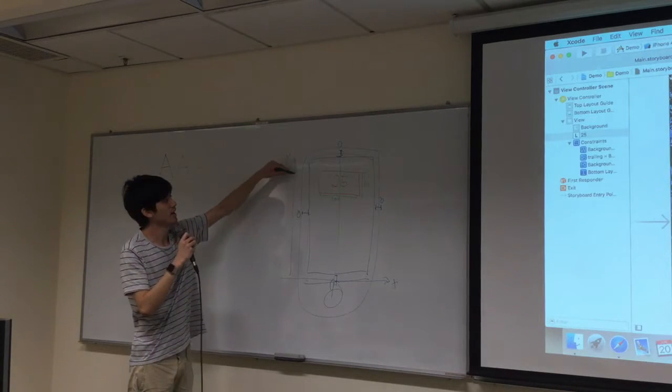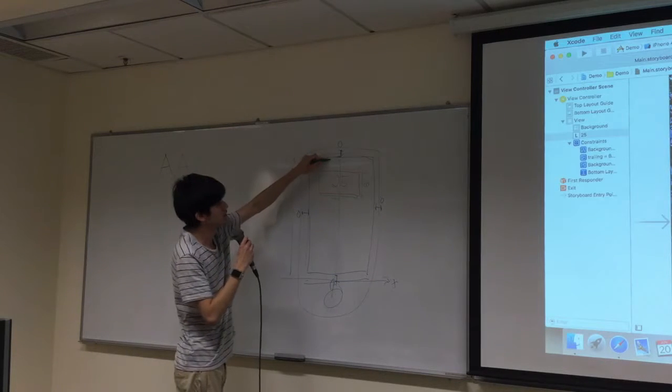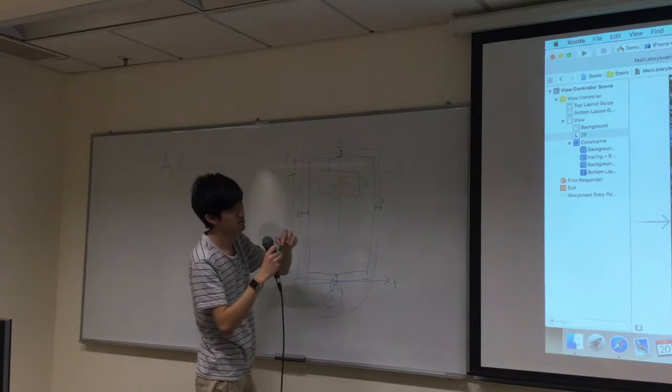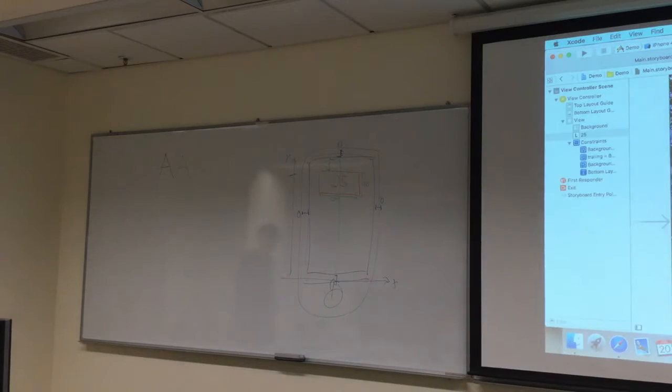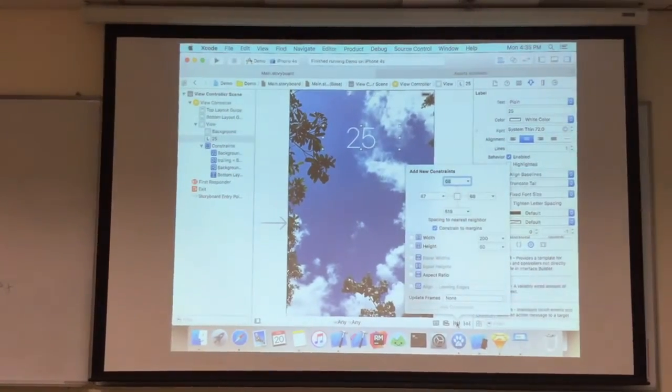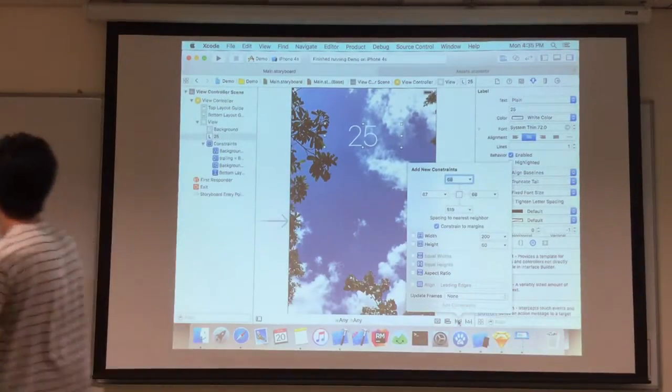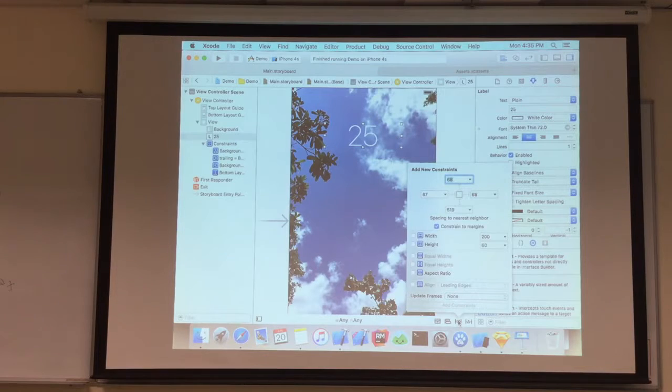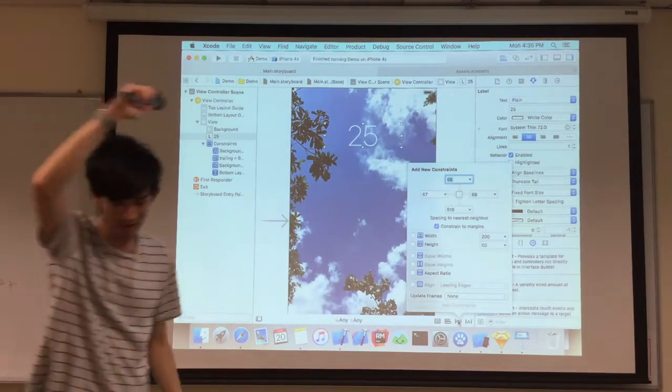So to fix the y-axis, we can set it to be 68 pixels from the top. So we have set the width, the height, the y and the x-axis, and then now it will become a correct constraint. So to set that,